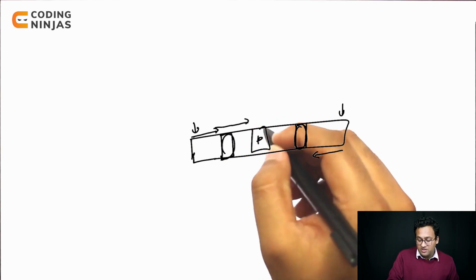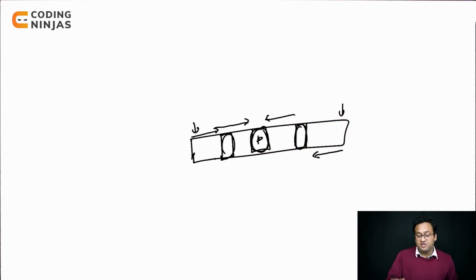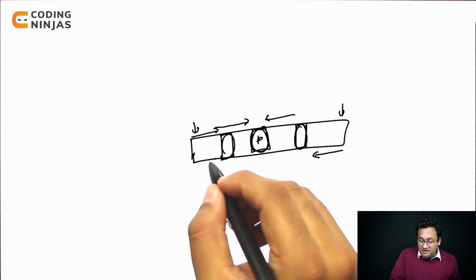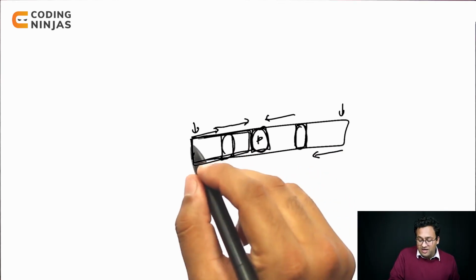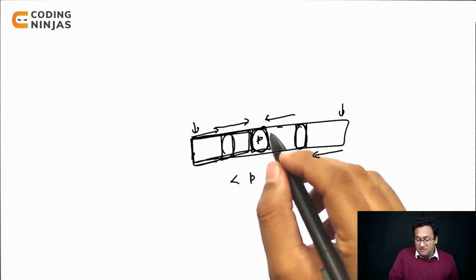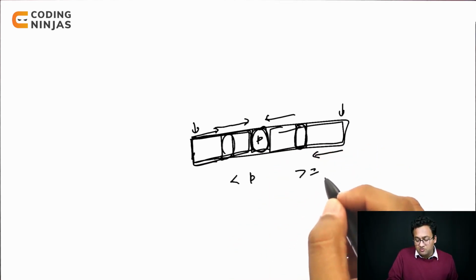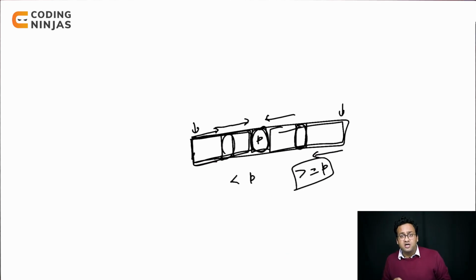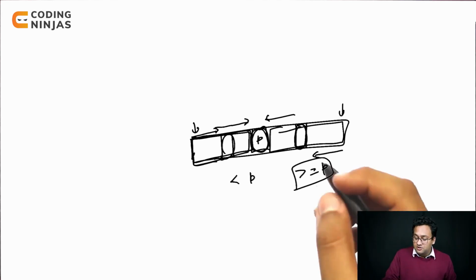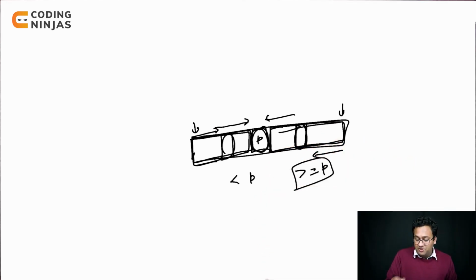So this way you will keep moving, and in the end you will reach the middle point, and once you reach there, both the sides will have the required elements. What was the requirement? Everything on the left has to be less than P, everything on the right has to be greater than or equal to P. Not less than P, but greater than or equal to P, so that you take care of equal cases as well. Okay. And if you are able to implement this, implementing quicksort is extremely easy. Okay. So that's what you need to implement.